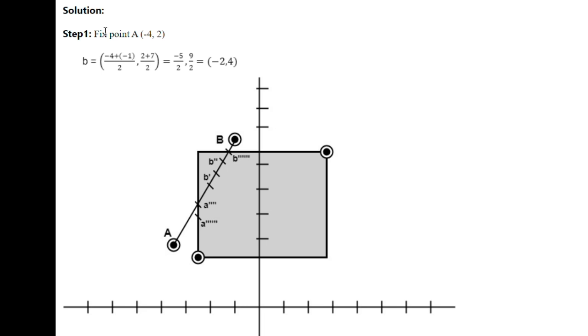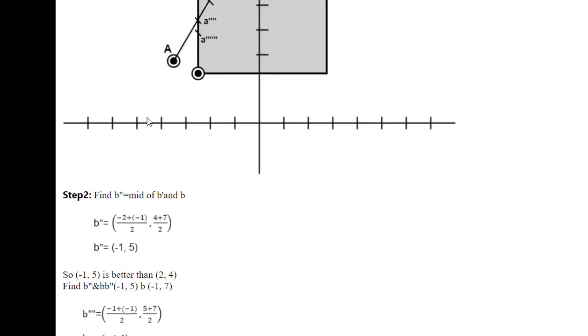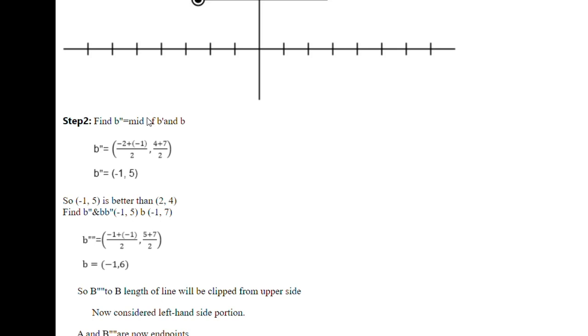So hence our fixed point is A, minus 4 comma 2. Hence we find the midpoint between A and B, which is supposed to be minus 2, minus 4. So again we are not getting our exact line visible, so we find the B dash, that is midpoint